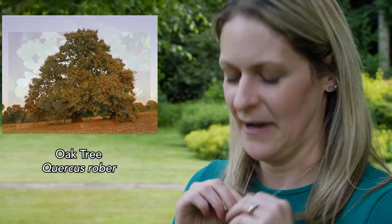It's brilliant. I'd probably say my favourite plant is actually just the general oak tree. It's so beautiful, so majestic, they're everywhere, and I've got this as my necklace, which is an acorn and oak leaf. So my favourite tree is the olive tree, because I'm of Greek Cypriot heritage, so that